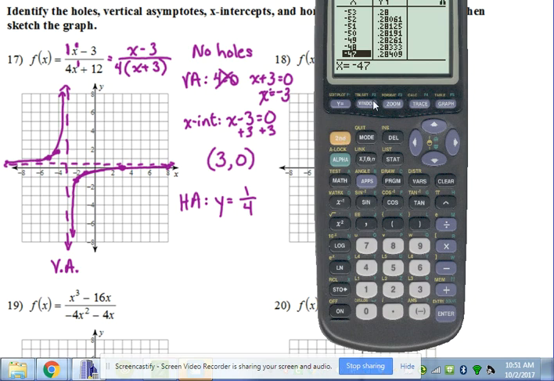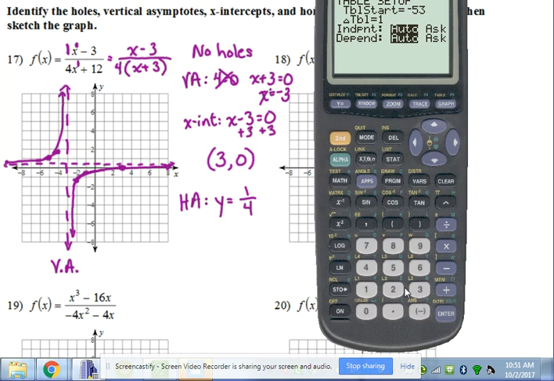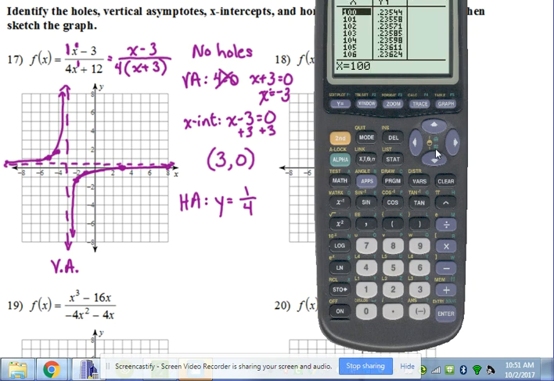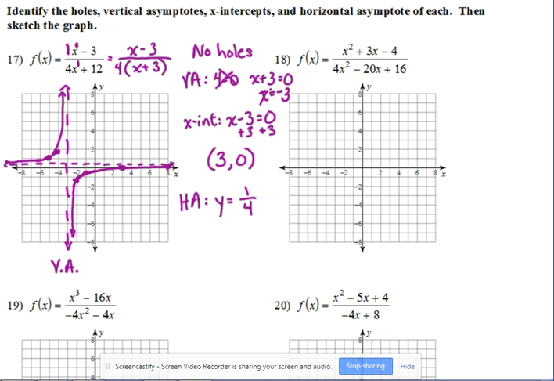I could also do it if I went way far off to the right. Let me show you something. If you need to skip to a value on the table, press second window, and you can tell it to start at 100. And I'm going to go back to the table, and it jumps me to 100. Look at these y values. They're 0.23. We are just below our horizontal asymptote way over here on the side. So horizontal asymptote is describing where your function is headed on the extreme ends. Okay, so we'll pick up with this tomorrow. We'll do some more